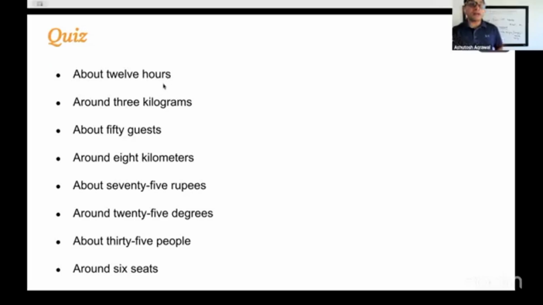So लगभग 12 घंटे. 12 is 12 है. So she said मैं वहाँ लगभग 12 घंटे में पहुँचूंगी. I will reach there in approximately 12 hours. Beautiful. And then she said around 3 kilogram. For the weight, she wanted to be slightly more precise, more formal.